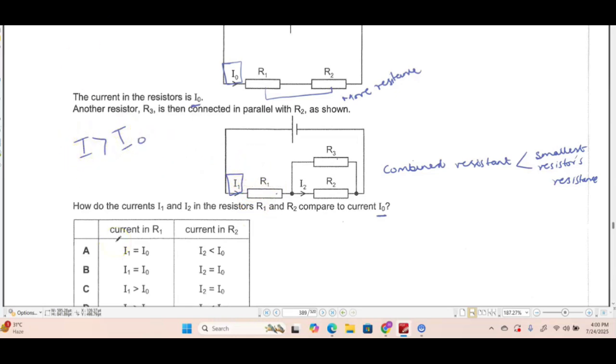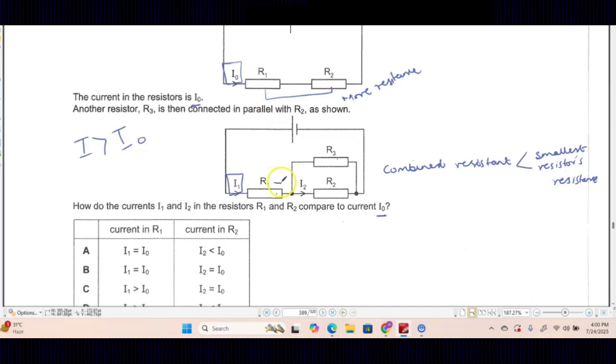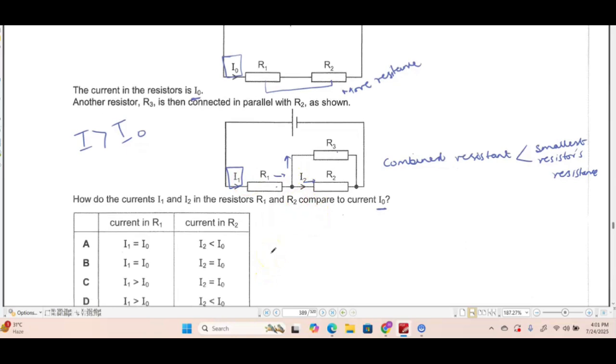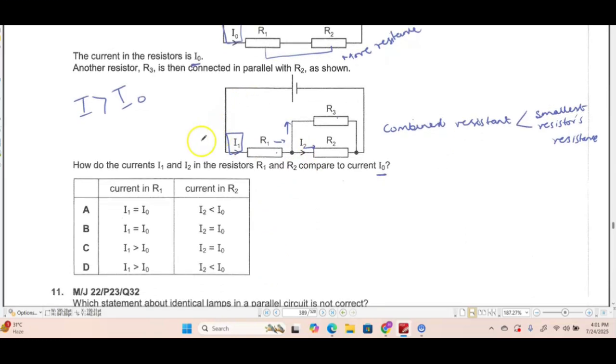I0. ठीक है? And I2, obviously, I1 current passes here, and then some of the current goes over here and some of the current goes over here, and if these resistors don't have equal resistances, equal current won't go in the upward resistor and the resistor down as well. So I2 obviously is going to be less than I1 or I0. ठीक है? So what are our options here? This thing we've established. ठीक है?